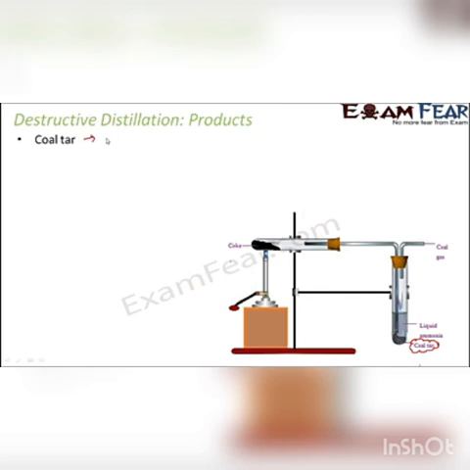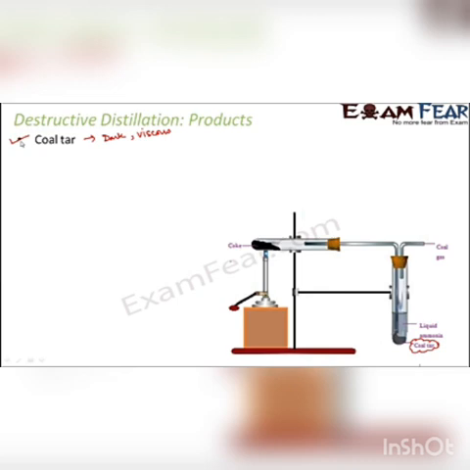Coal tar is dark, almost black in color. It is a viscous liquid, so it seems to be very thick in nature. You can actually see for yourself that over a period of time, some vapors travel down the vertical tube, and then after some time they form this dark viscous layer at the bottom, and this is called coal tar. So that's how coal tar is formed.